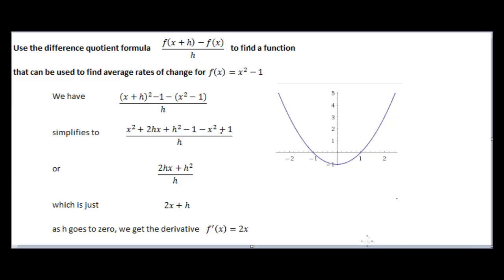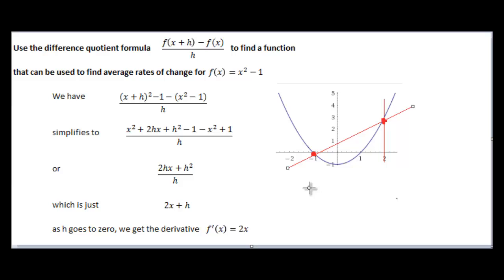Here's an example of the kind of problem we've been doing. Given a function, in this case x squared minus 1, which gives us a parabola graphed over here, we use the difference quotient formula to find an expression for how to calculate the average rate of change between any 2 points on this graph. So for example, if we picked minus 1 and 2, then the difference quotient formula would give us the slope of the line between the 2 points, which represents its average rate of change between minus